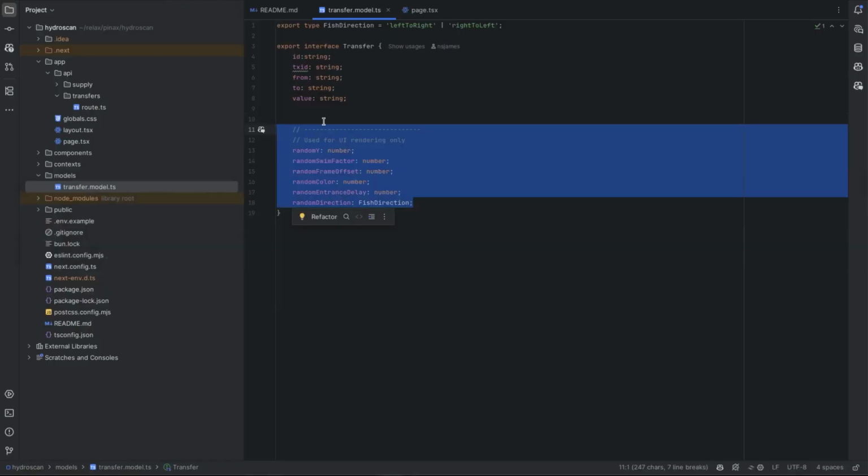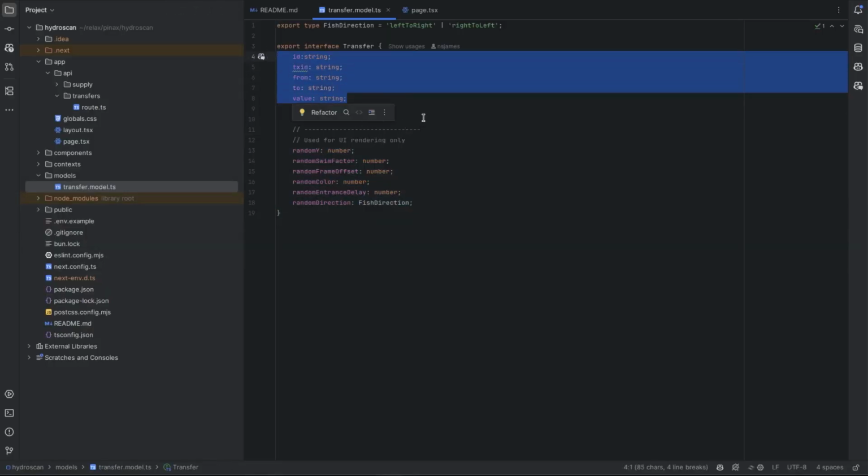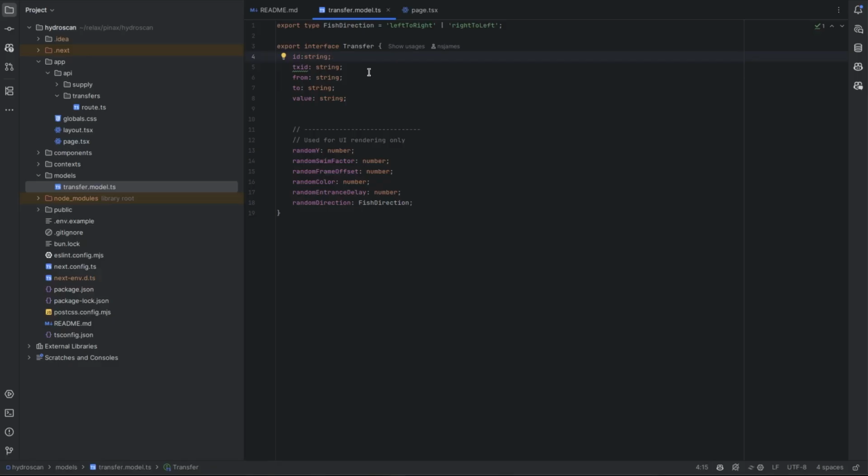We can ignore all of these properties down here, they're purely for display purposes, and we're going to focus on these at the top. We need an ID for deduplication purposes because some transactions have multiple transfers. We need the transaction ID so that we can use that for display. We need the from and the to for the same purpose. And then we of course need the value so that we can know what type of fish to have swim